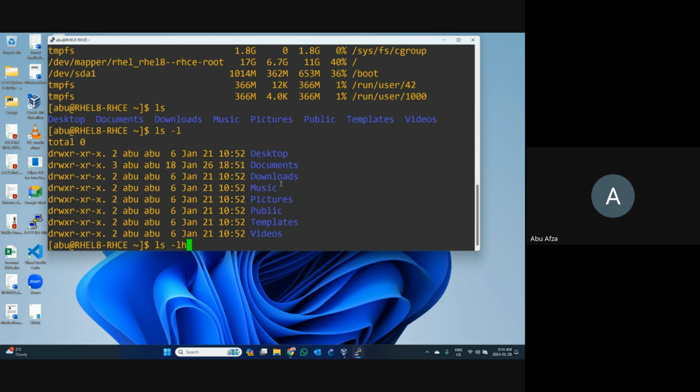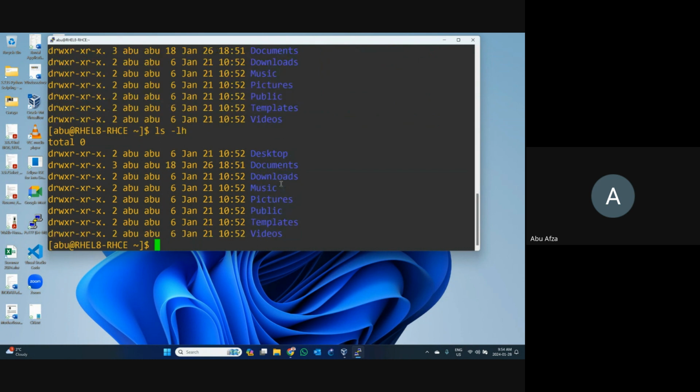So I write down a new command: ls space hyphen ls. Press enter. Okay, it is not showing any total, but that one is actually for hidden files information. All the information would be shown here, but we cannot see anything because there are no hidden files. Okay, let me check another place. Normally we can see some hidden files, but it's not showing here. I write down ls minus ls.